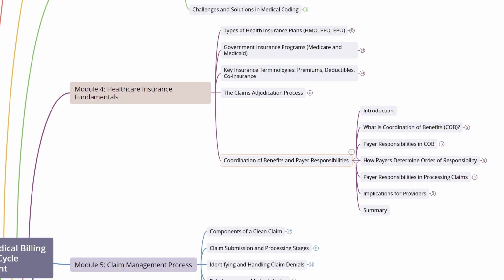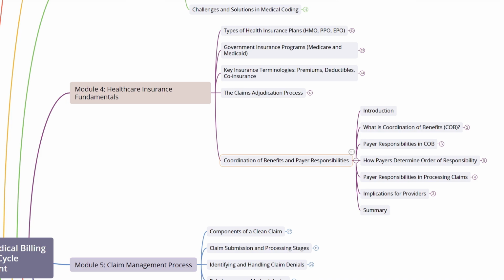Together, these modules provide a comprehensive understanding of how clinical data is accurately coded and supported by insurance processes that govern payments and compliance. Mastery of these areas boosts the efficiency and accuracy of the entire revenue cycle, decreases denials, and improves cash flow. By grasping the intricacies of medical coding systems, their applications, and the complexities of insurance plans